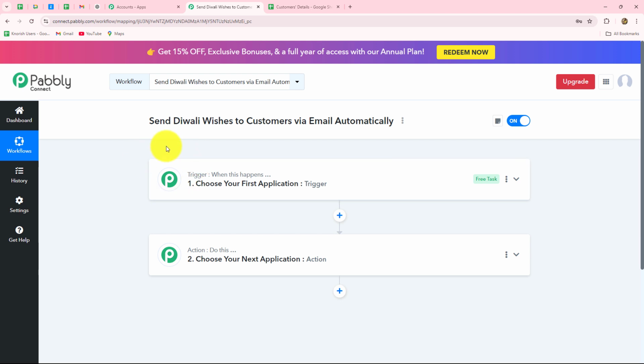So whatever we are going to select in our trigger is going to command the entire workflow, and the actions are going to follow that same command. Therefore, we can have only one trigger in any workflow, but we can add as many action steps as we want. Now let's suppose my objective is that I want to send discount offers and festive wishes to all my